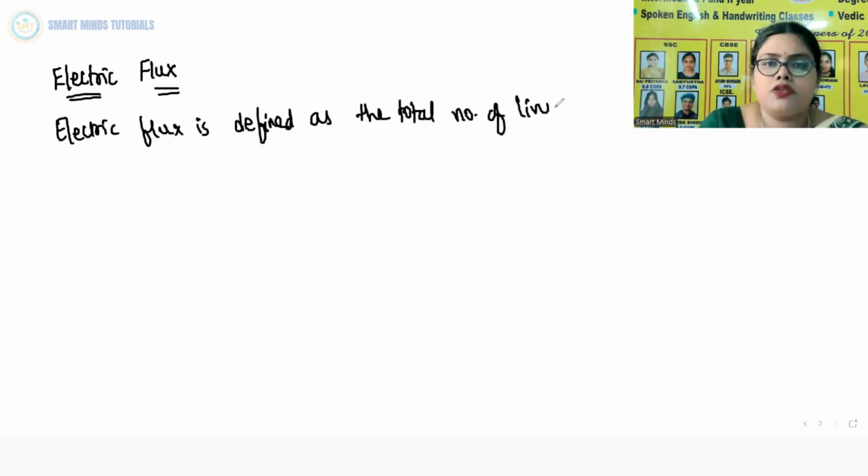Now let us see what do you mean by electric flux. Electric flux is the total number of lines of force in any particular electric field. So electric flux is defined as the total number of lines of force in any particular electric field,